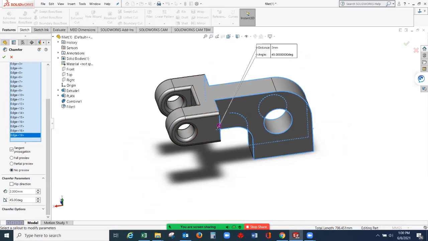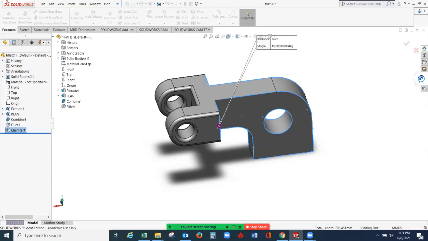Here in the property manager, you have the chamfer parameters. This angle is the angle of the chamfered side, which is 45 degrees. If you say 2 by 45, or 10 by 45, or 5 by 45 degrees, it means this is the distance of the material removed. So for example, 2 by 45. Select this here, 2. Let's accept 2 units. So 2 by 45. Then select this green check mark.